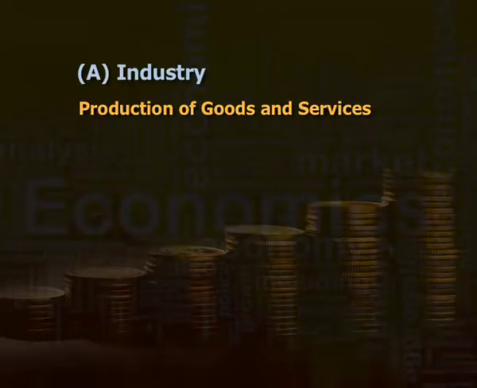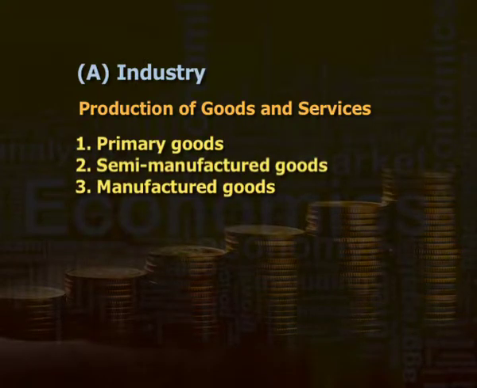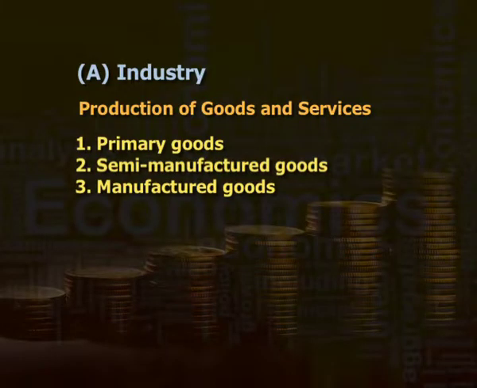Goods produced by industries can be broadly divided into three categories: primary goods, semi-manufactured goods and manufactured goods. Primary goods are those goods which are provided by the primary industry, that is from natural resources, and include products such as wheat, cotton, iron ore, coal, fish, etc. Second is semi-manufactured goods. These are processed goods but cannot be used by ultimate consumer or industrial user unless they pass through further manufacturing processes. For example, cast iron to pig iron or pig iron to steel.